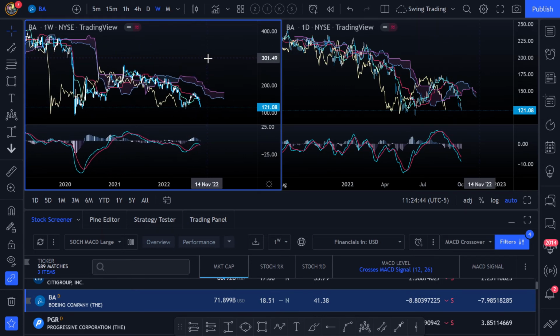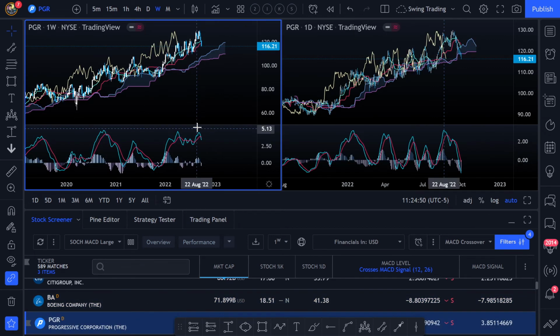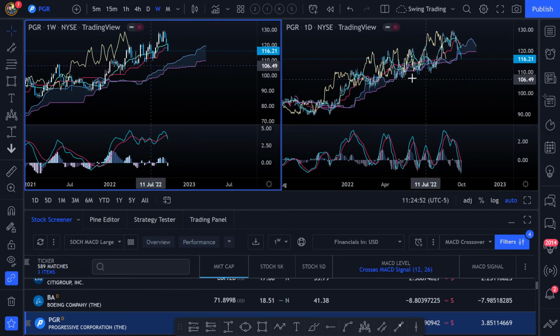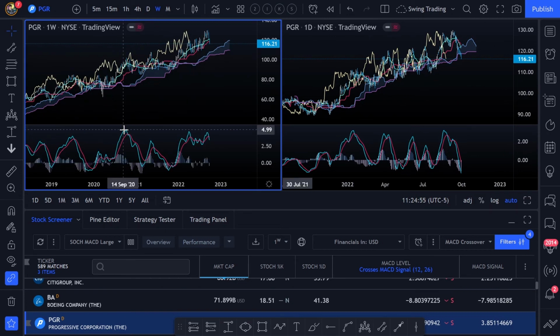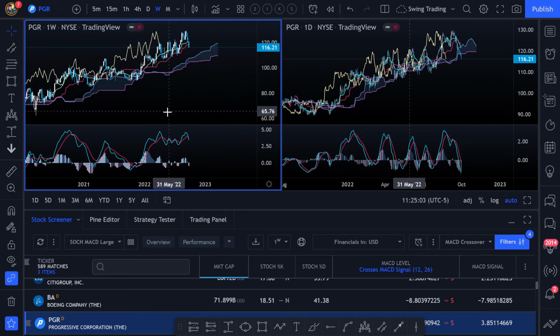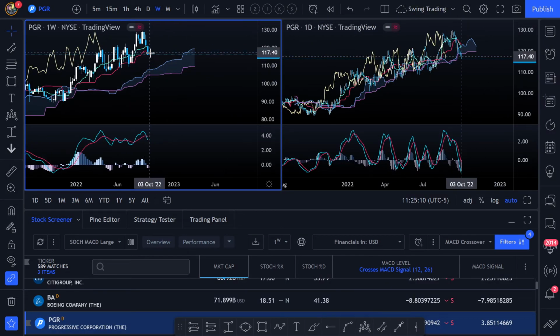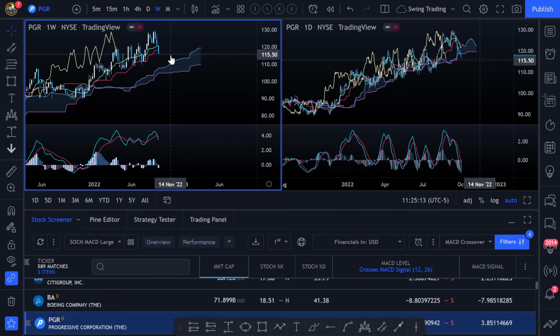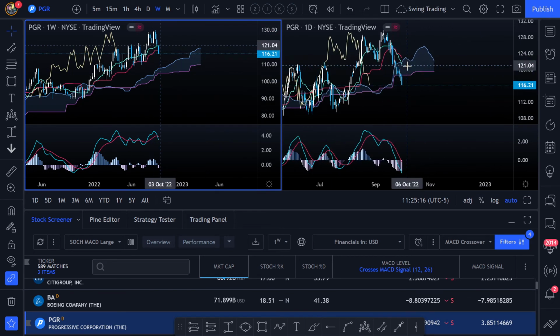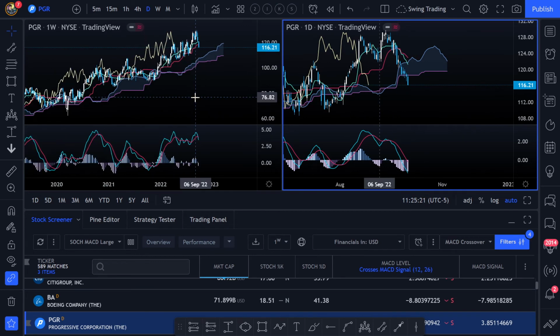So, well, moving on to the next one, PGR, Progressive Corporation. So there is a weekly bearish MACD crossover, but the price is above the cloud. So this is not a strong signal. So I think I will skip this one